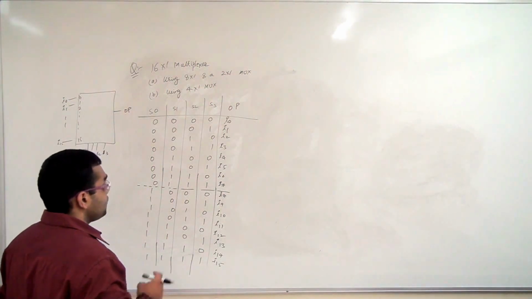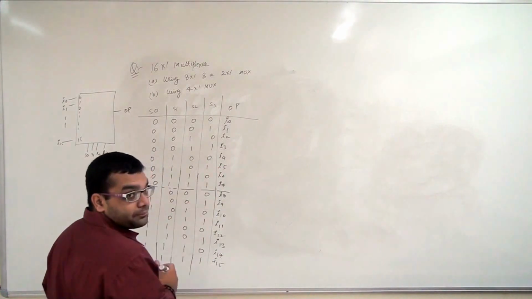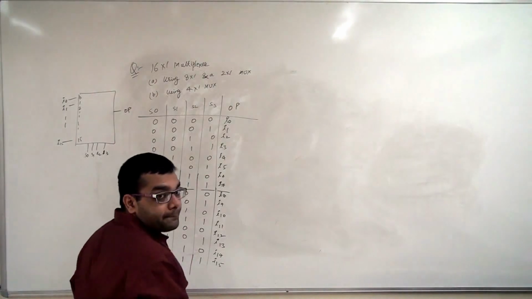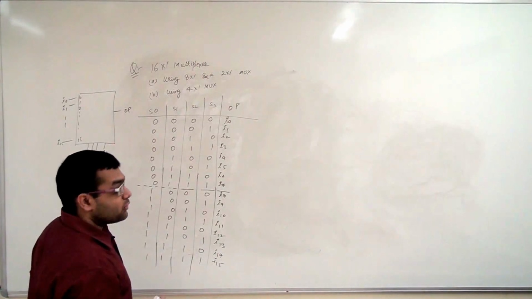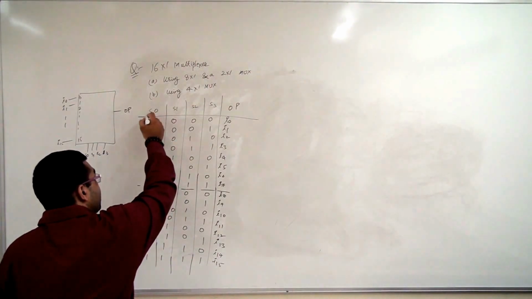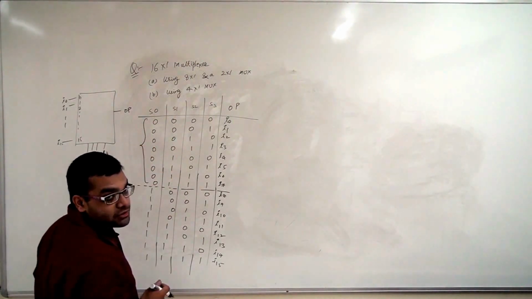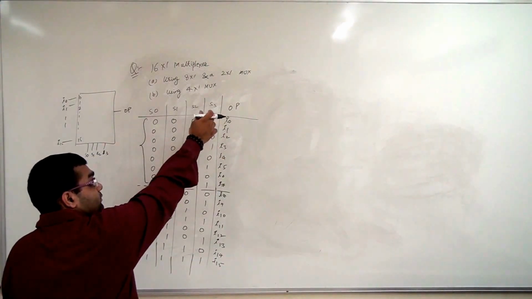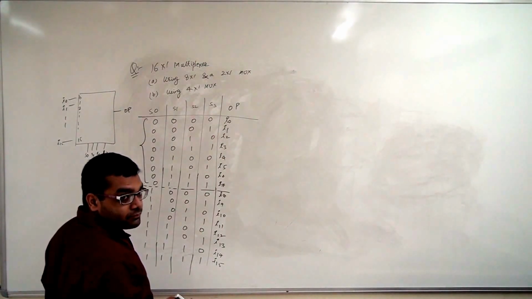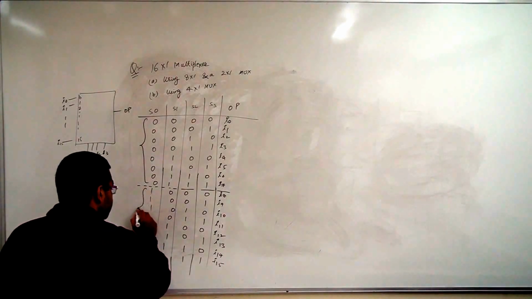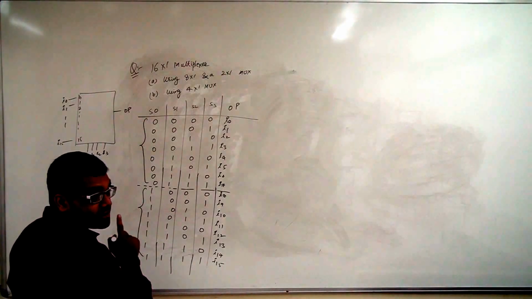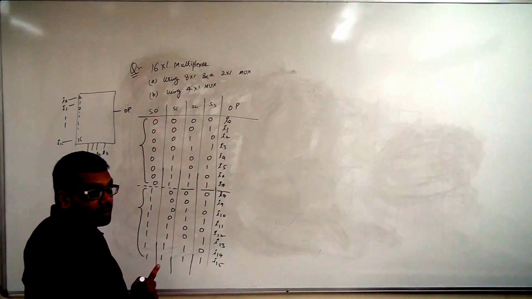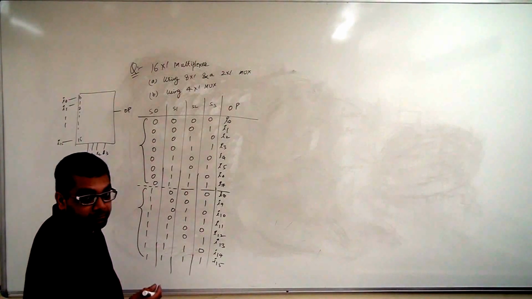Alright. Now, using 8 cross 1 multiplexers, why have I made a partition like this? Because in the first partition we can see our select line S0 is always 0, while S1, S2, S3 go from 0 to 7. Similarly in the second partition, S0 is always 1, however S1, S2, S3 go from 0 to 7.